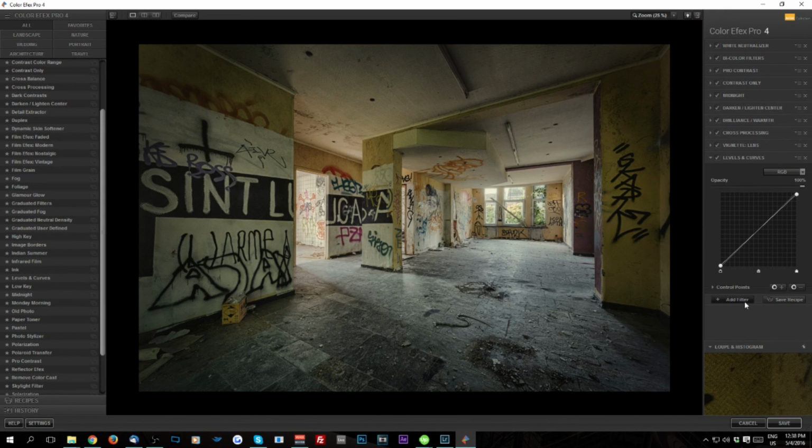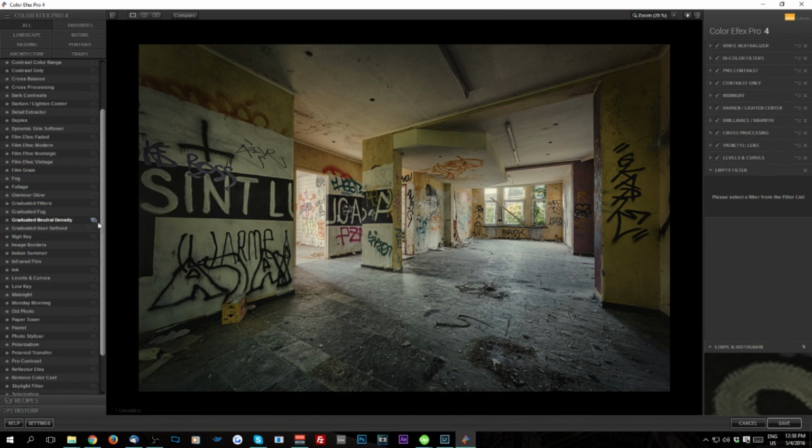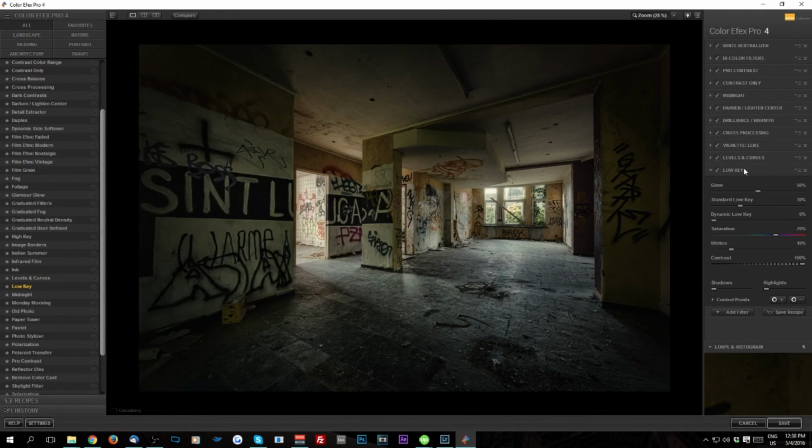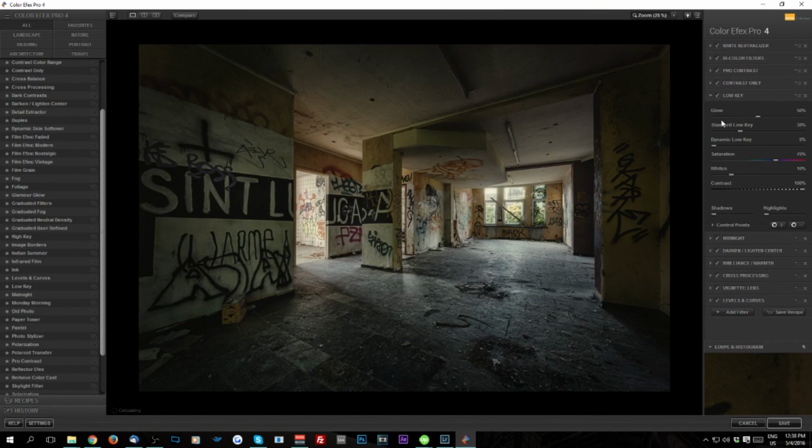Now, sometimes I feel like my image can get a little bit more dark and creepy, and that's when I would actually add the low key. And the low key would, for me, always be positioned in front of the midnight. But there's one thing to be aware of. When you use the low key and midnight both together, they will